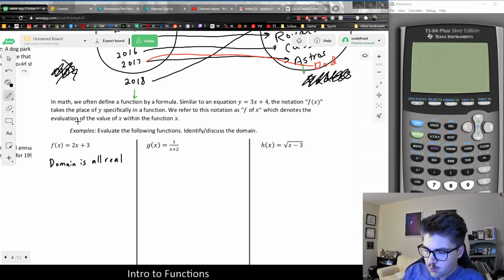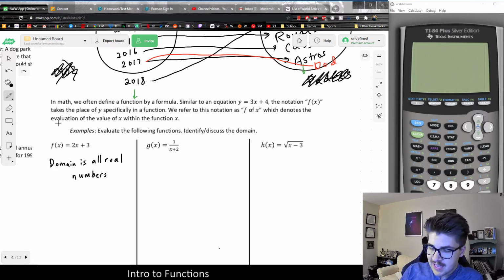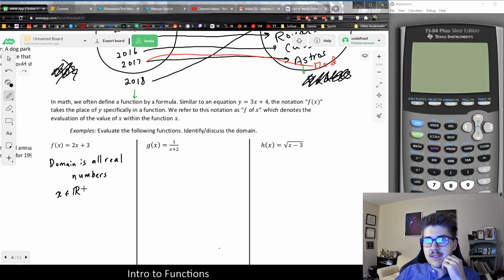And there's a lot of different ways to write what I'm getting at here, but basically you could say the domain is infinity, or one of the ways to do it is by using set notation or by using interval notation or whatever. So since x is the domain, you could also write it like this: x is an element